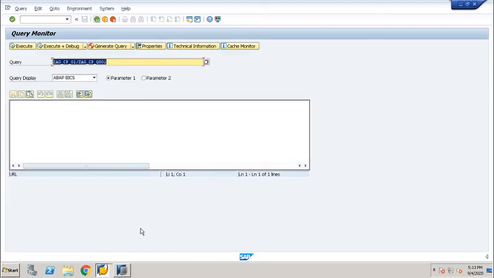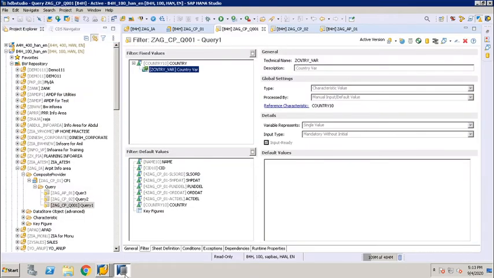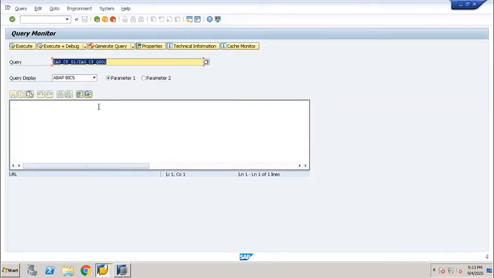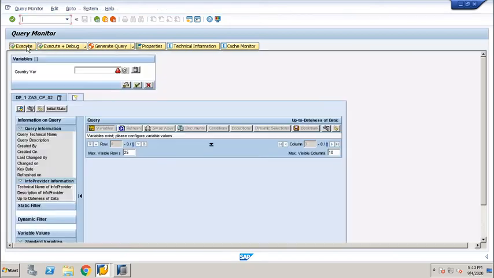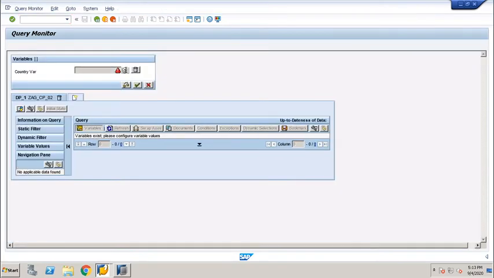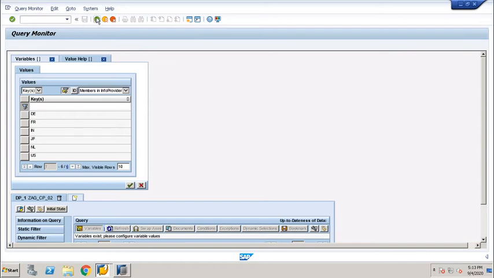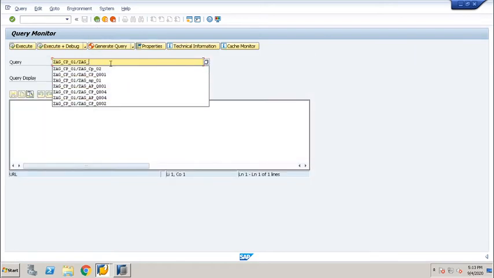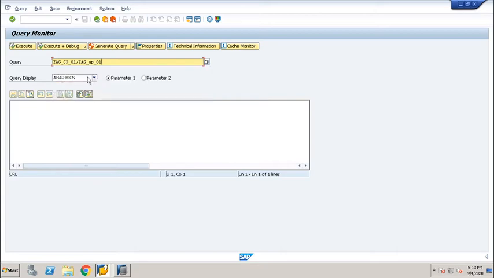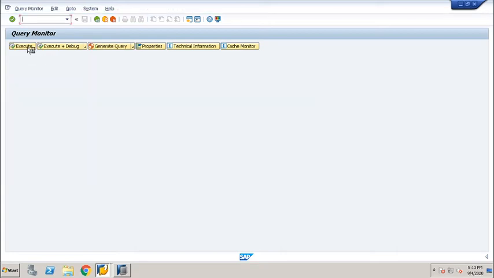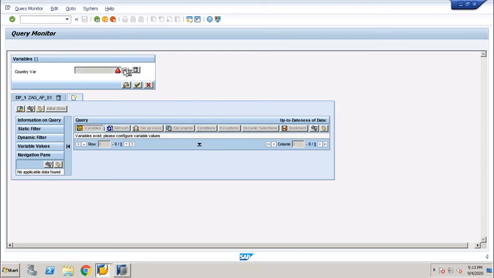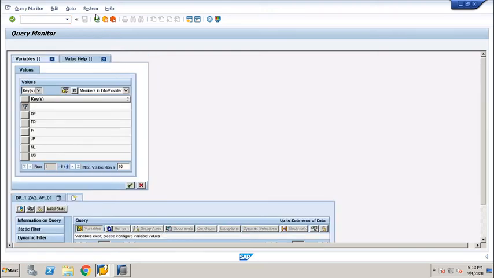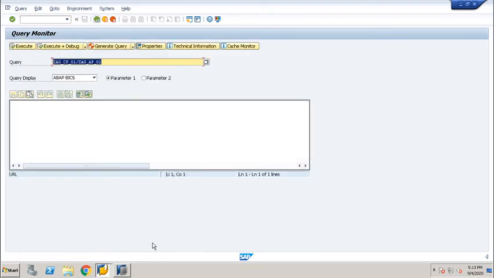Now, as I showed you, I have created three queries. Once I check in another query, it will not show me, like this is a second query. This has not been implemented there. The same variable is there, but still we are not able to see this in another query. So that is our second scenario. We have to show this in all the queries wherever this variable is used.